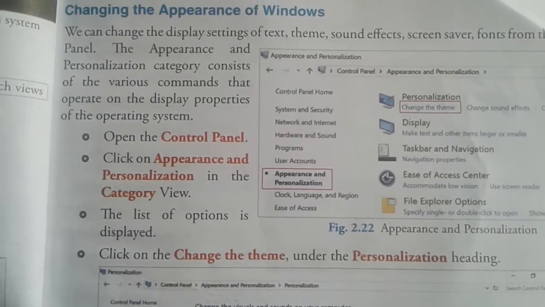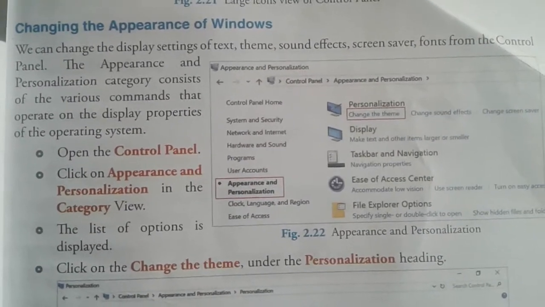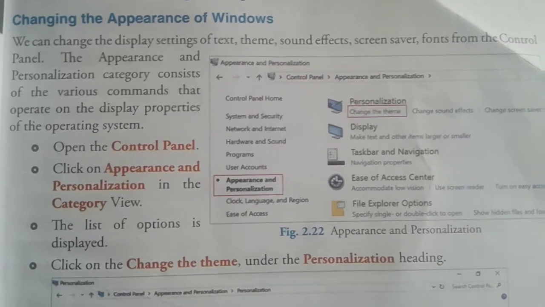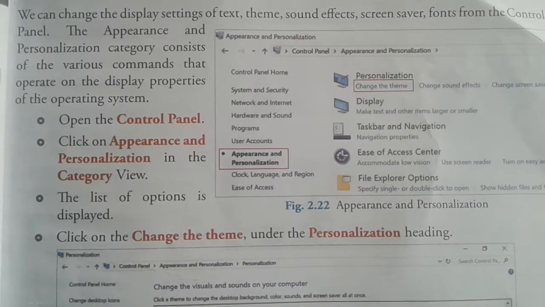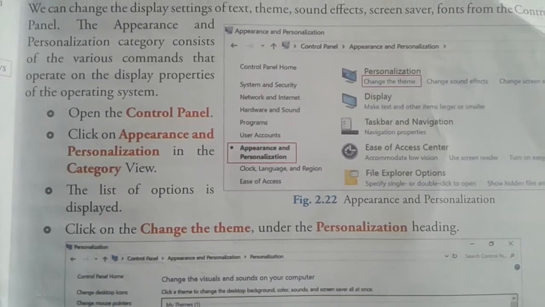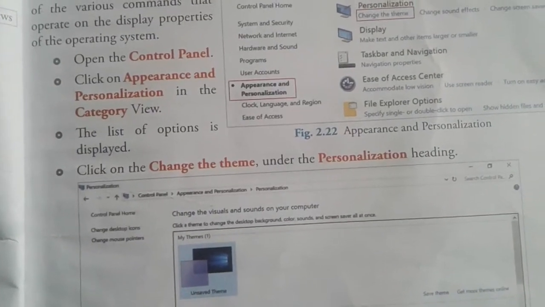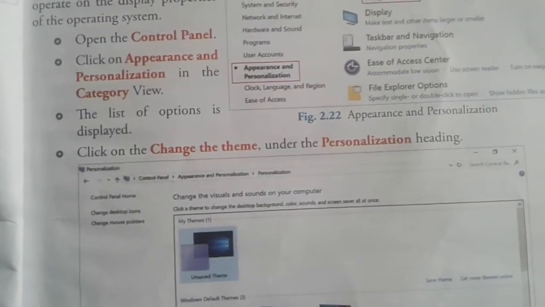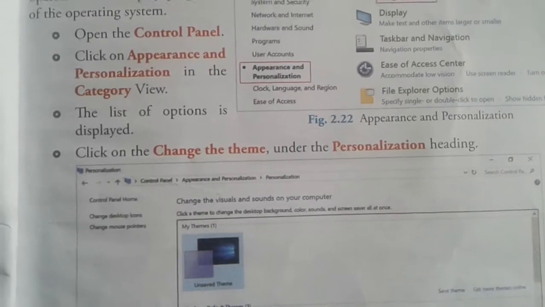We can change the display settings of text, themes, sound effects, screensaver, font and control panel. The Appearance and Personalization category consists of various commands that operate on display properties of the operating system. In the operating system, all the things are over there. You can open the control panel, through which we control the computer activities.